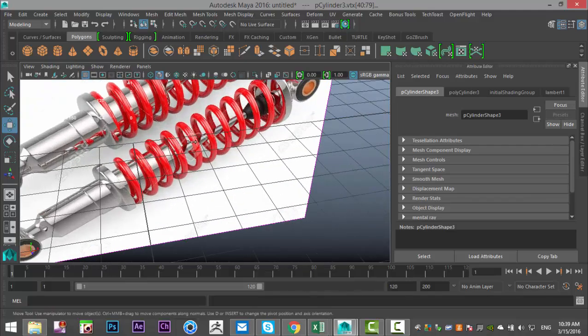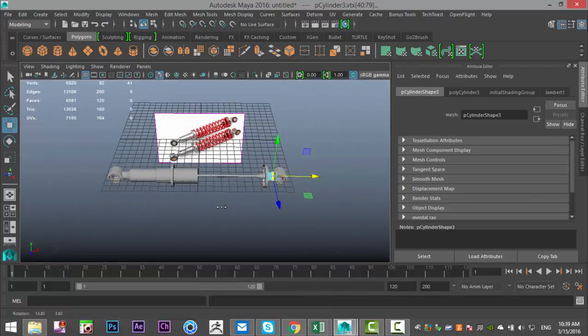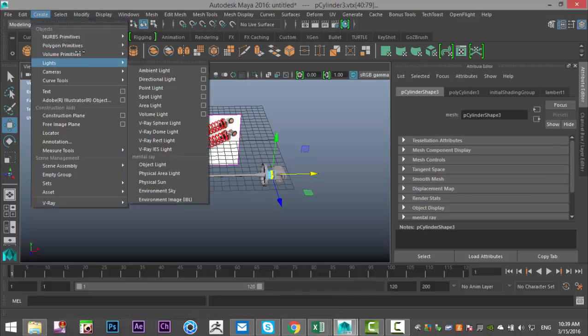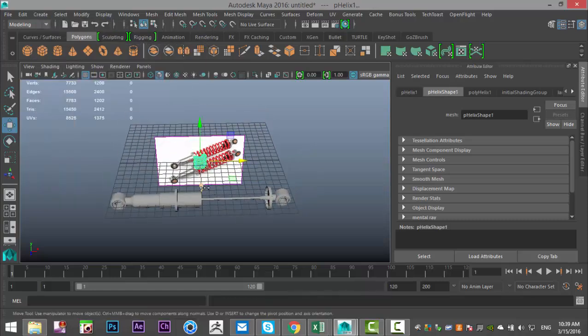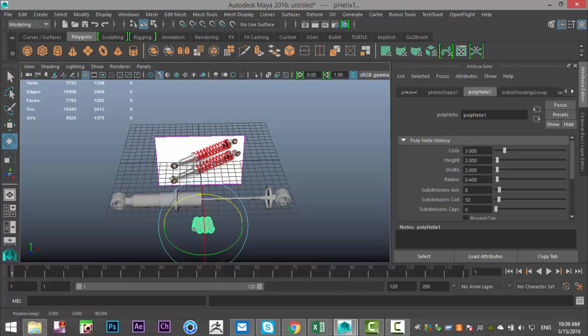1, 2, 3, 4, 5, 6, 7, 8, 9, 10. Pretty much. So what we're going to do is go up to create, polygon primitives. We're going to go to helix. Let's pull that out. Hit E to rotate, hold down J to snap. And then we're going to go to our polyHelix 1 tab. Number of coils, I want 10. I want the height to be adjusted. And I want them to be very thin. Let's see, 0.2,